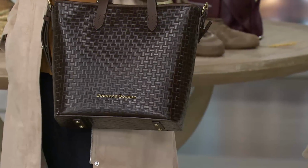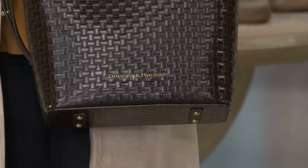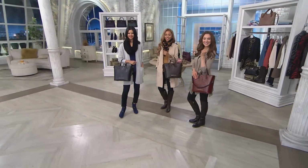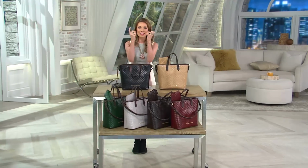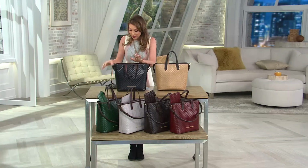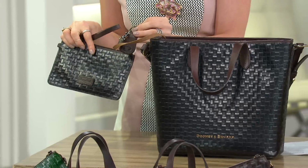This is that bag from everyday casual to upscale, and that's what I think Dooney and Bourke does so well here. And yet you get that one-of-a-kind, first-of-its-kind bag from Dooney with that beautiful embossed leather that's woven, that's hand-painted with those oils to give the highs and lows, with accessories, the wristlet, the key fob, all for one fabulous